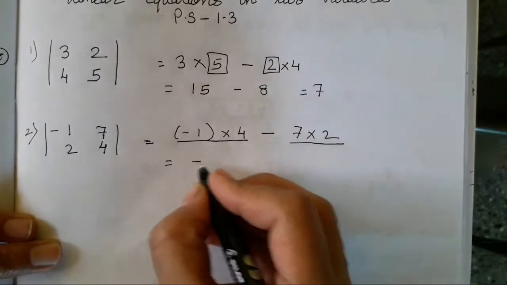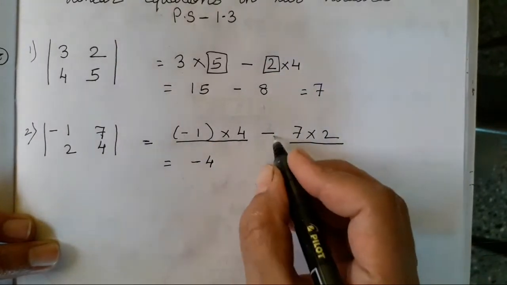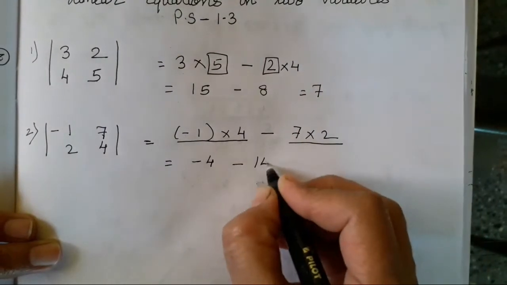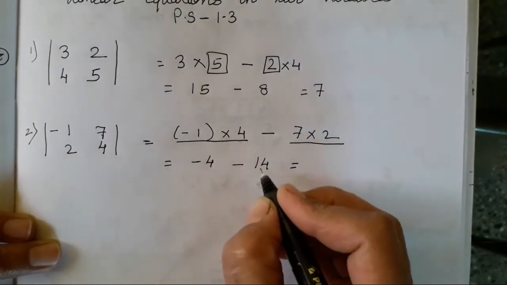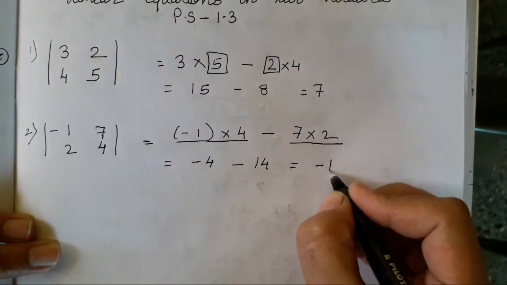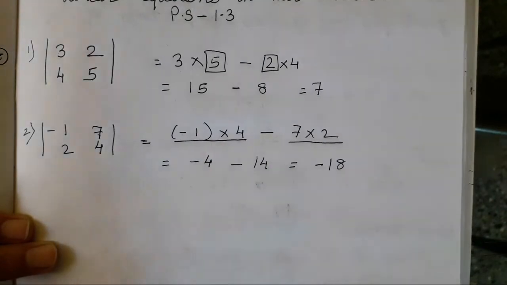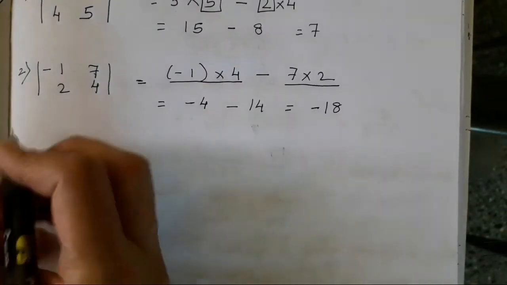Minus 1 into 4 is going to be minus 4. Minus sign as it is, 7 2s are 14. Minus and minus is going to change to plus. So you have to add it and take the sign of the bigger number, which is going to be 18. So minus 18 is going to be the answer. The next one is,